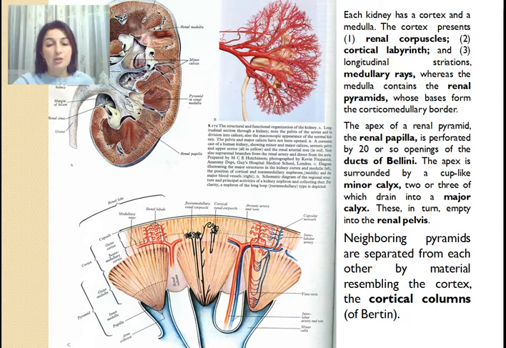At the junction between the medulla and the cortex, the interlobar arteries branch into the arcuate arteries, as we see here. The arcuate arteries are located at the boundary between the cortex and medulla, and from them arise interlobular arteries, which go toward the cortex. From the interlobular arteries arise afferent arterioles that carry blood into the glomerulus of the kidney